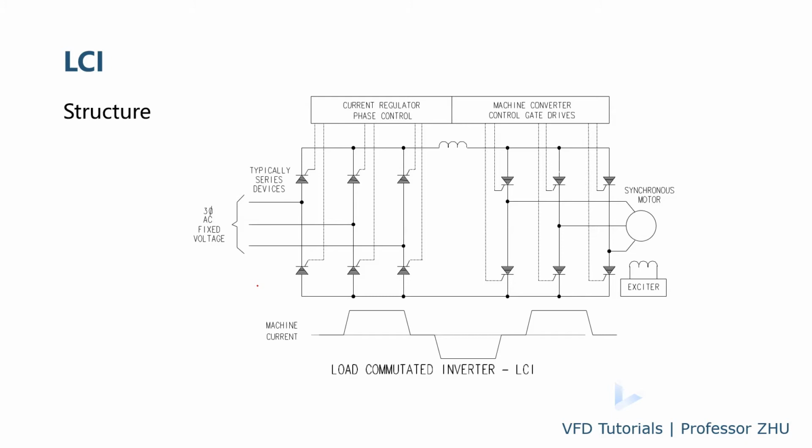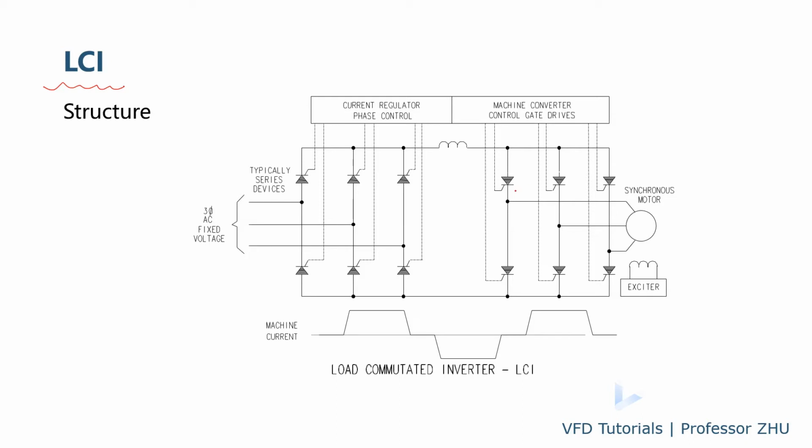So we'll talk about some typical structures for the medium voltage drive. The first one is LCI. It's a very old topology. LCI is load commutated inverter. It uses SCRs for the rectifier, a reactor in the DC filter, and also SCRs on the inverter side. Because with an SCR you can turn on using the gate, but you cannot turn off with the gate. You need to put the SCR in reverse bias on the main terminals, anode to cathode, to turn it